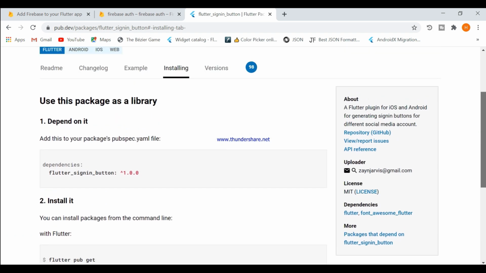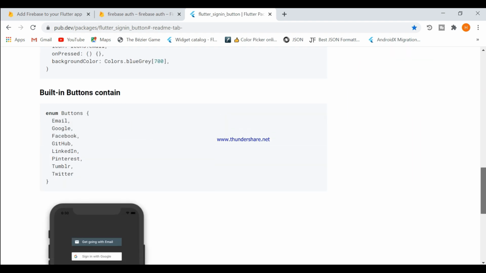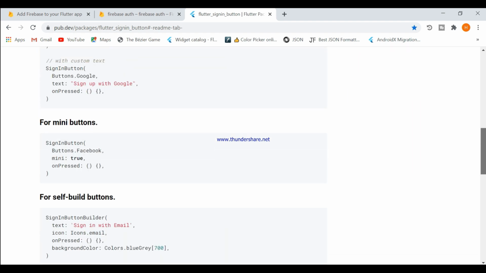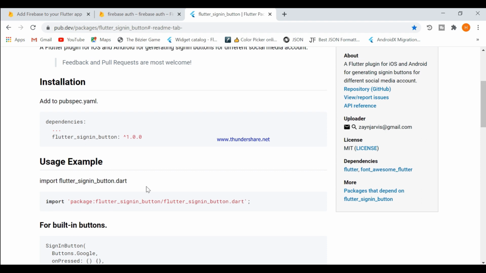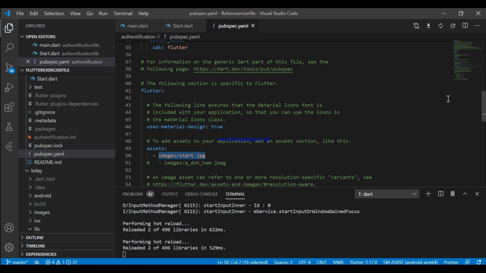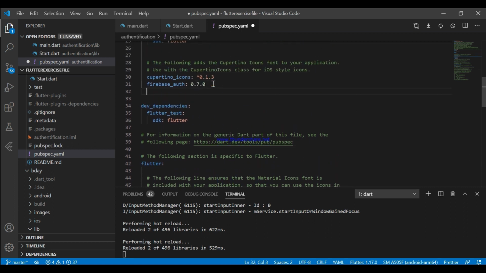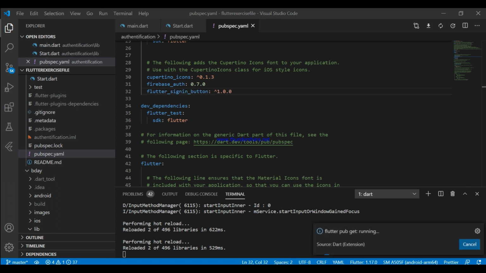This is the package, and as you can see, here are lots of buttons here, but we need to use Google sign in here. So just copy this dependency and go to pubspec.yaml and import the dependency here. Here, just press Ctrl plus S.